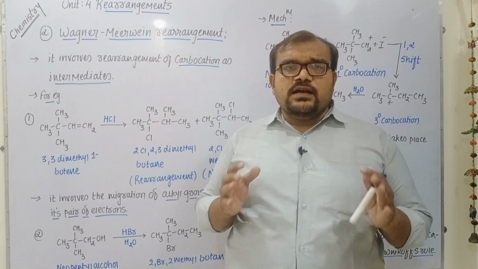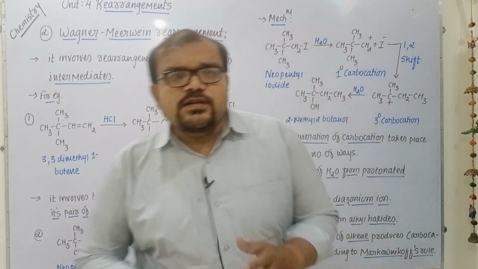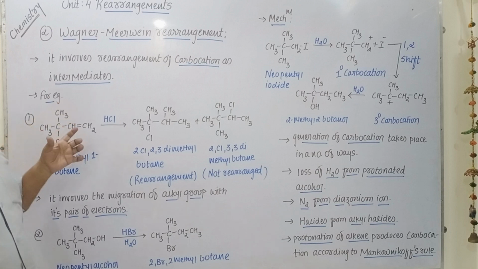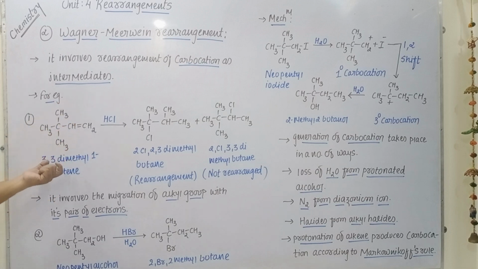This statement can be easily explained with the help of an example, as we can see here in the case of 3,3-dimethyl-1-butene. As we all know, according to the rules of IUPAC nomenclature, as we start numbering from this carbon, it becomes 1, 2, 3,